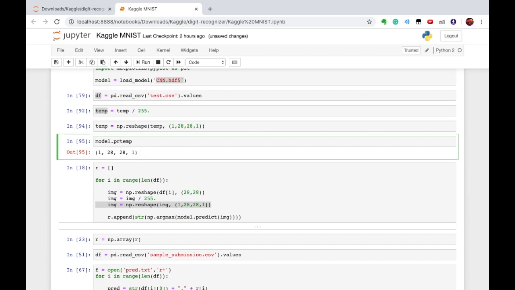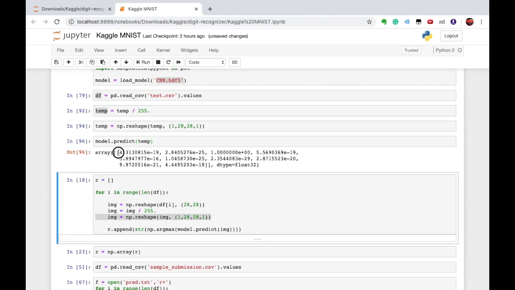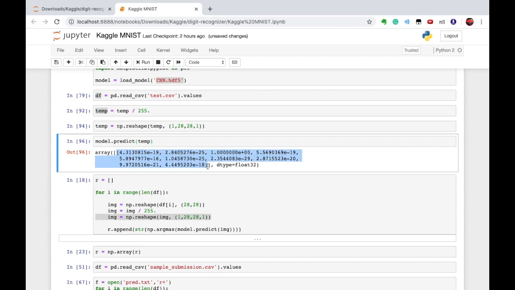To make the prediction, I'll use model.predict, and it will give me an array of size 10. So you can see there are 10 values. What are these values? These values will return you the probability distribution for each class.